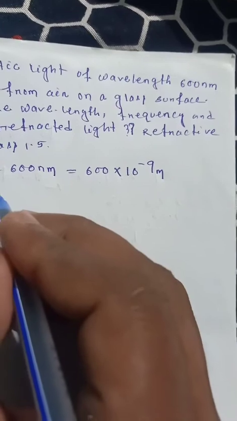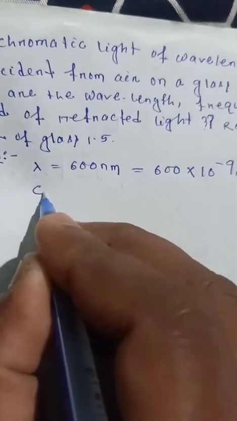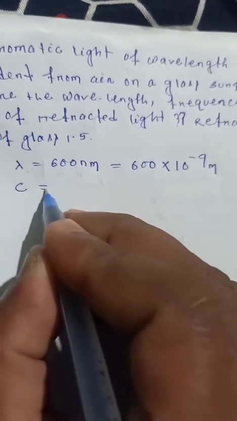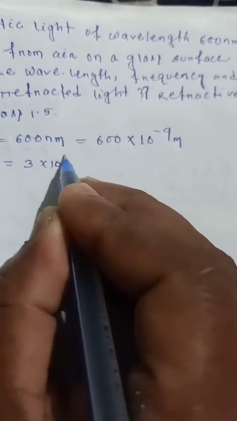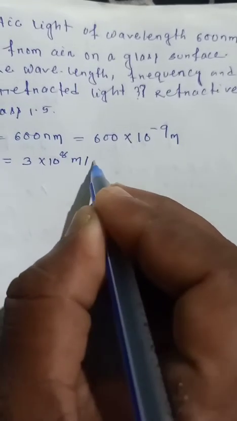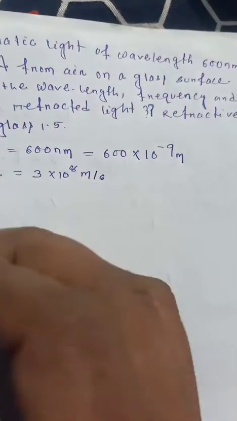We know c is the velocity of light. Velocity of light is 3 into 10 to the power 8 meter per second. This one is given, but during refraction,